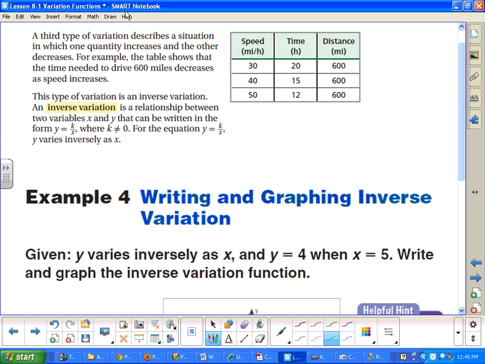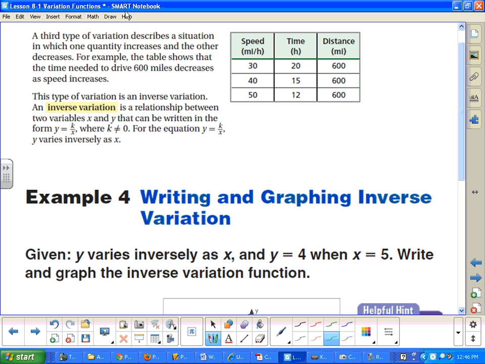But inverse variation is the opposite of direct variation. With direct variation, we said if x gets bigger, y gets bigger. If x gets smaller, y gets smaller. But with inverse, the inverse thing happens. So when x gets bigger, y is going to get smaller, and when x gets smaller, then y is going